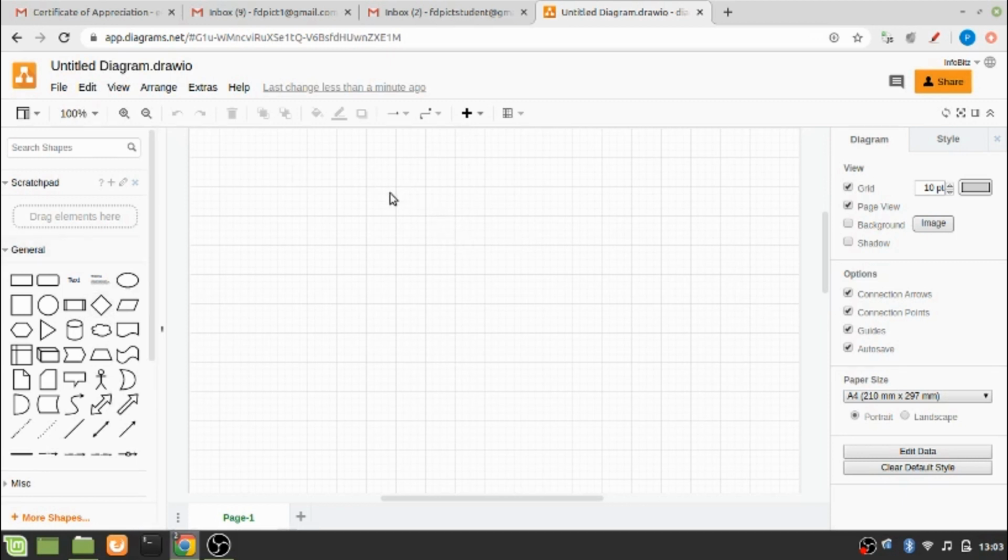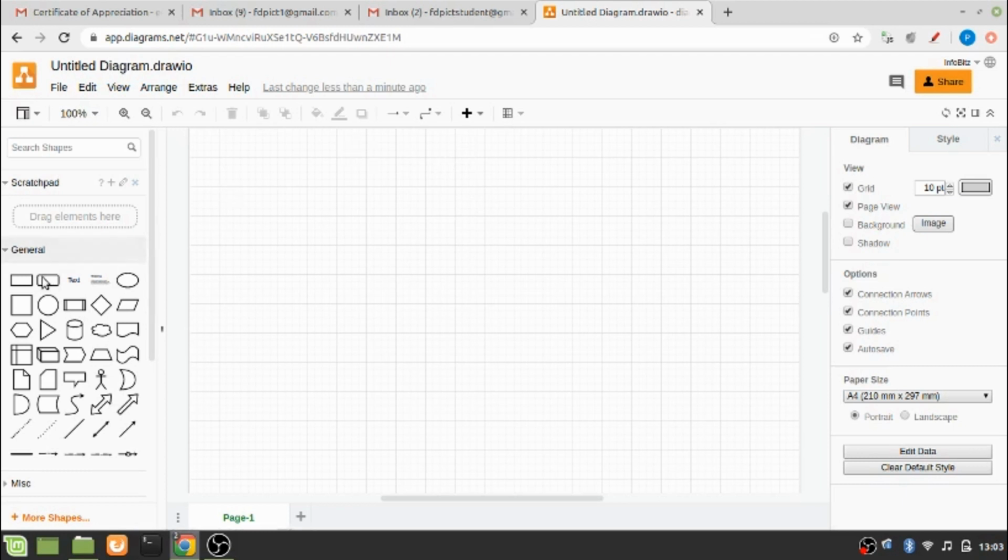Let me try to create the basic structure of our constitution. As you all know, our constitution consists of 3 segments: the legislative, the executive and the judiciary. Let me try to put it in a diagram and explain it beautifully.